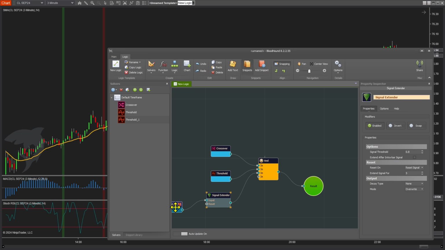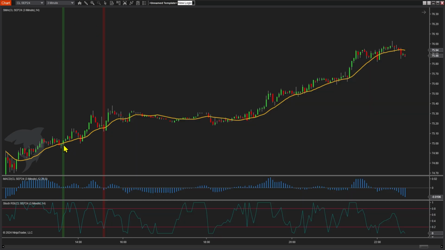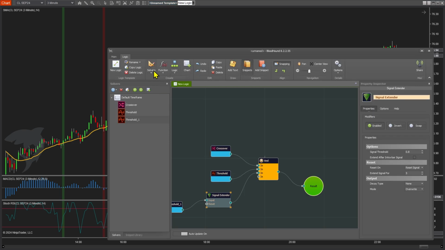Okay, so one last thing that I've seen some people do here is adding a slope requirement for the SMA. This is not part of the classic stock signal, I don't think anyway, but some people say, you know what, if we're getting a long signal, I also want my moving average to be sloping up. And if we're getting a short signal, I want it to be sloping down. And so a common thing that I see is to use the slope solver, which does exactly that. It says,